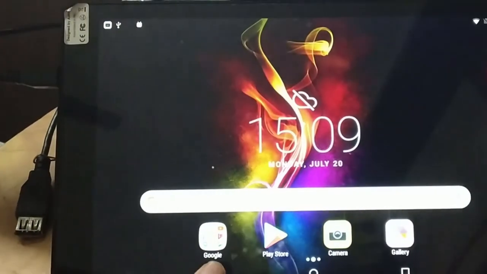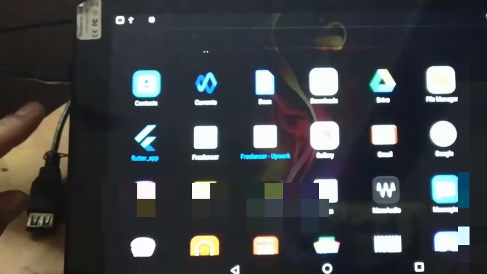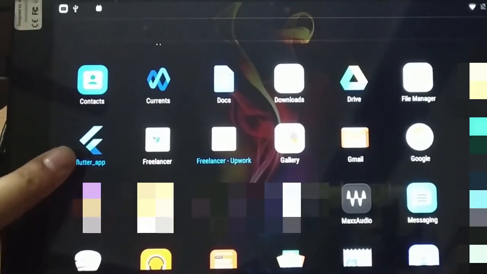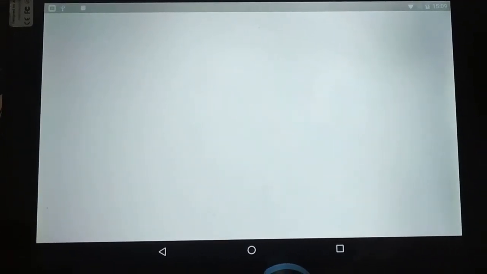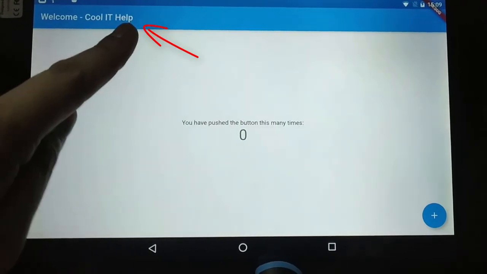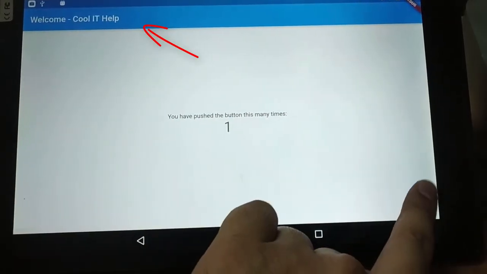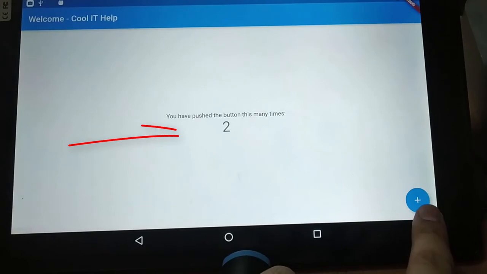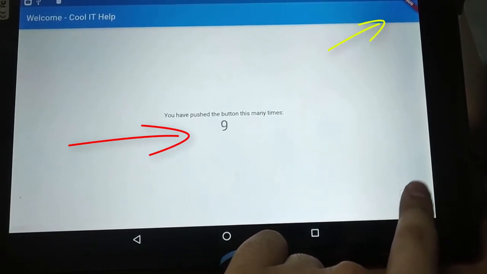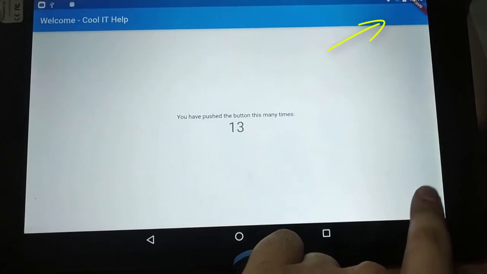This icon will be appeared in your device, and click once to open the app, and you can see here the demo app is running. This is Cool IT Help that we have changed, and this is a very simple app with single button that increase the counter 5, 6, 7, 8, 9, 10. You can see on the right hand side the brown strip with the debug title is appearing.